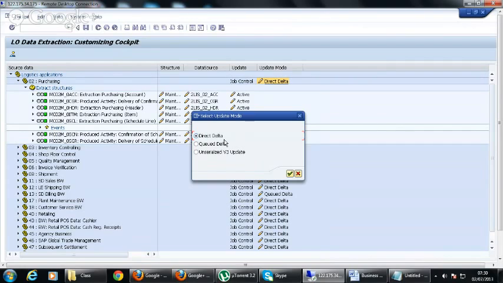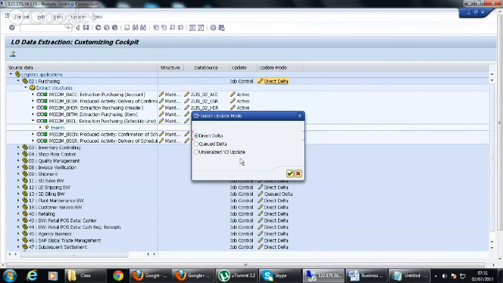If you select queued delta, delta will first be posted to the LBWQ queue, and then there is a QRFC monitor, and then it will be posted to the BW delta queue from the LBWQ queue. And if you select unserialized V3 update, delta will be directly posted